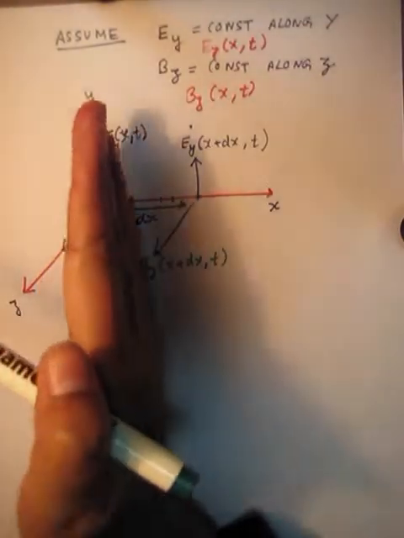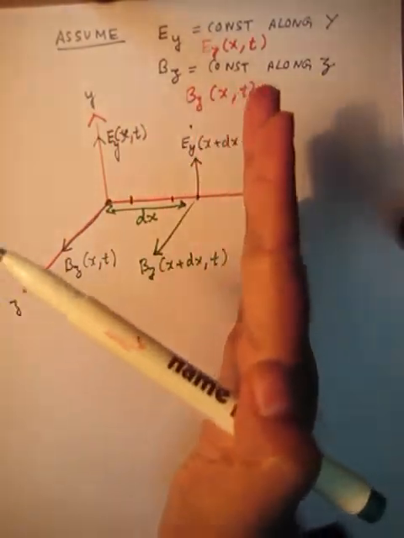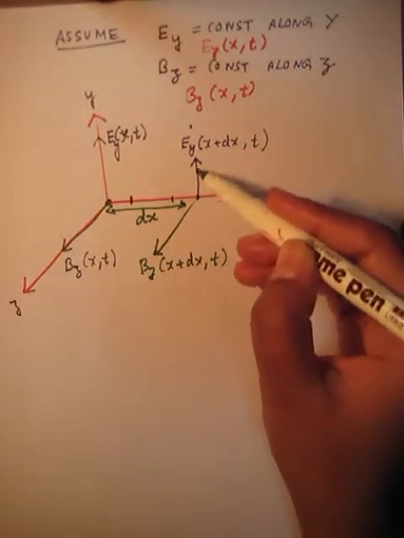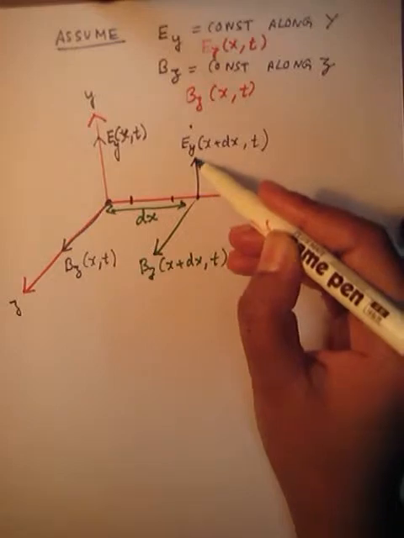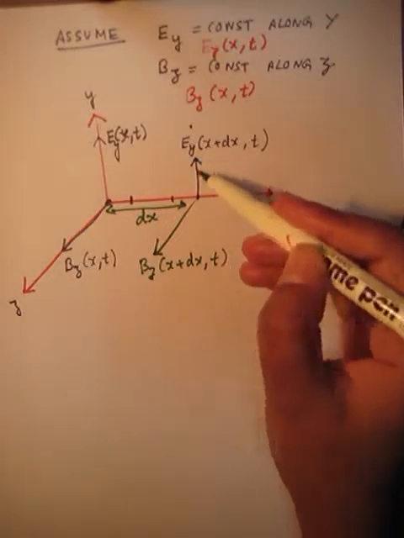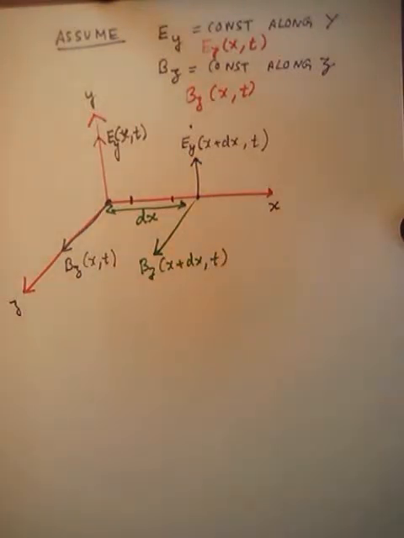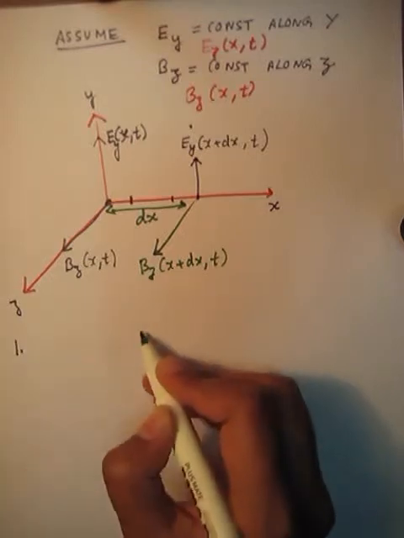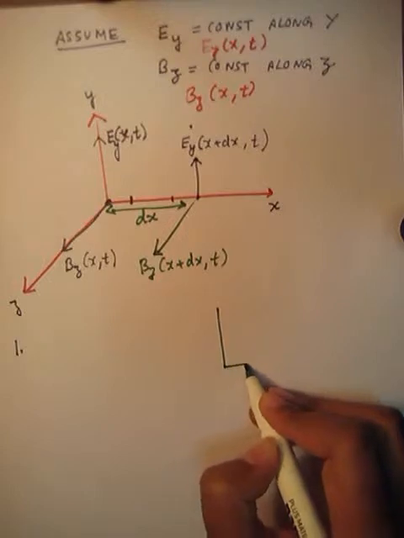So it means that if we move in this plane, then electric field and magnetic field will change. But if you stay at a point, it is constant. So at this particular point, the electric field will be constant and the magnetic field will be constant. Okay. So now let us say that we try to take the first equation and